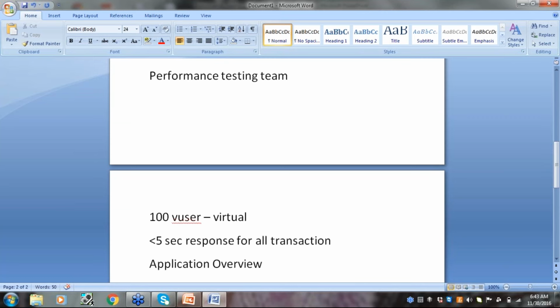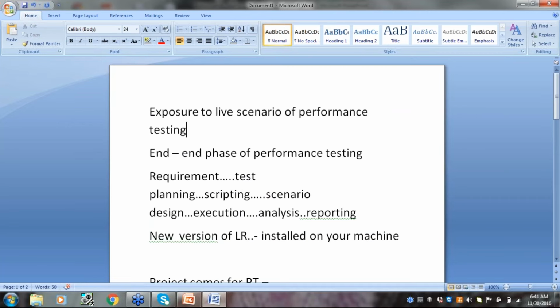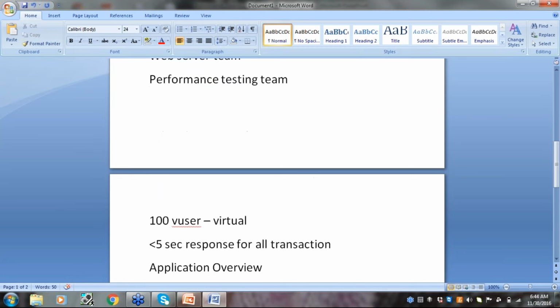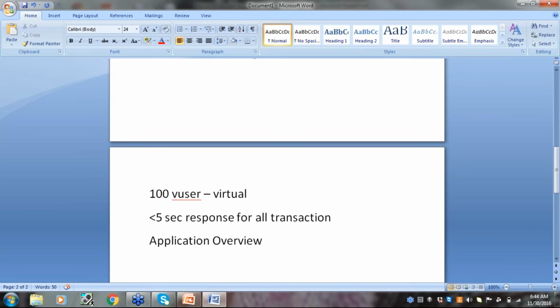Okay, now you have only a handful of information. What to do next? You need to go to the application team and tell them that you need more understanding of the application. And here also sometimes business scenarios are mentioned which you want to test for performance testing. If this is not mentioned,